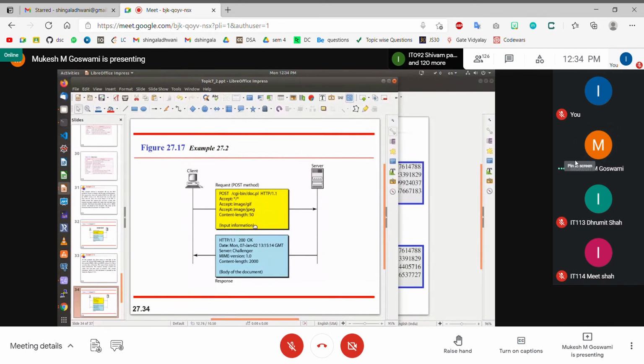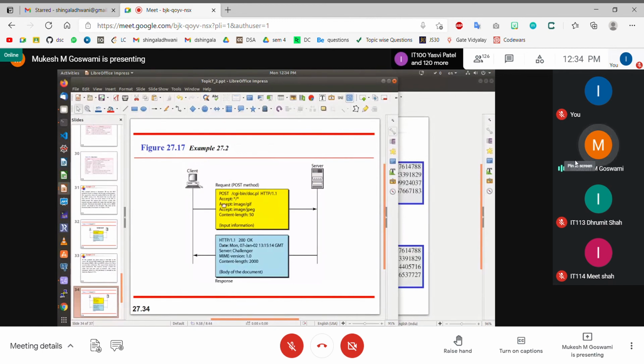So for example, you are requesting the result document, and the result document is generated based on your ID number and your name. So what is the input? The input is the ID number and name. Along with the request, you also need to pass that additional information, that this is the ID number and this is the name, and then the request goes to the server. The server will extract this ID number and name and execute the doc.pl script, passing this information as input to that script. The script will generate a document, and that document is returned back to the client.